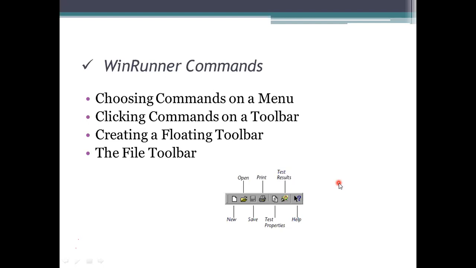And coming to the next one, the file toolbar. The file toolbar contains all the commands used for performing tasks here. We can create a test script, open a test script, save it, and print it. We can view the results of it. And if you want to know the properties of that representation, we can easily get them by clicking on properties here. Okay, if you see this representation, test results, the test properties are here. So the test properties we are giving will be considered or allowed here.